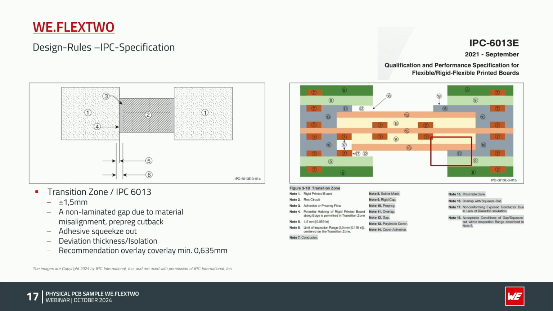But it's defined in the IPC. It's possible, and this area is defined in the IPC as well. 1.5 millimeter into the rigid part, 1.5 millimeter here in the flex area. Yeah? So we can have a non-laminated area. Yeah? We can have adhesive squeeze out. We can have deviation in the thickness of the pre-preg here, yeah, as well. And the IPC have a recommendation for the cover lay for the overlap, which is minimum